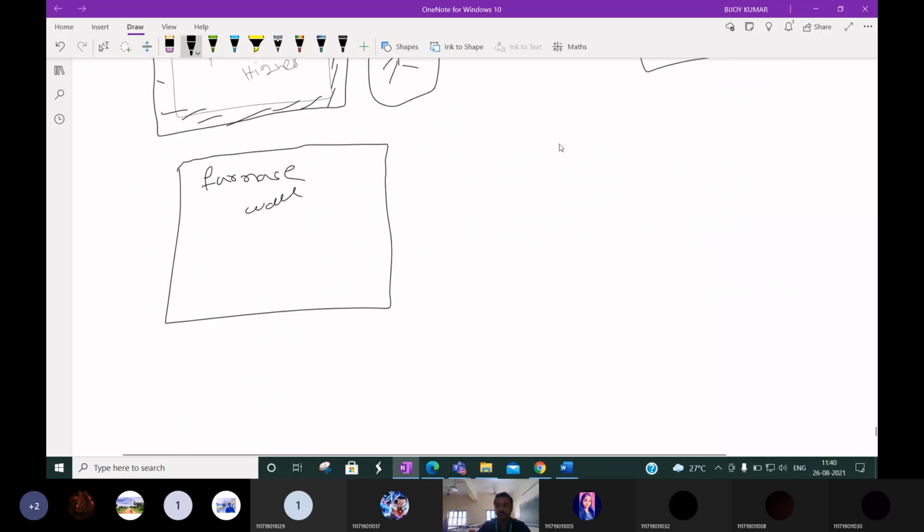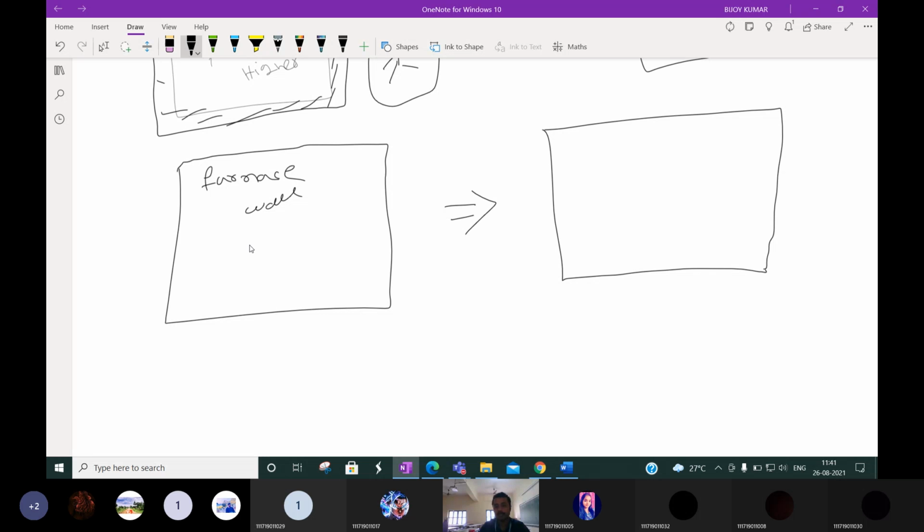It means the single furnace wall we are seeing is formed by two walls. The first wall is of fire clay,